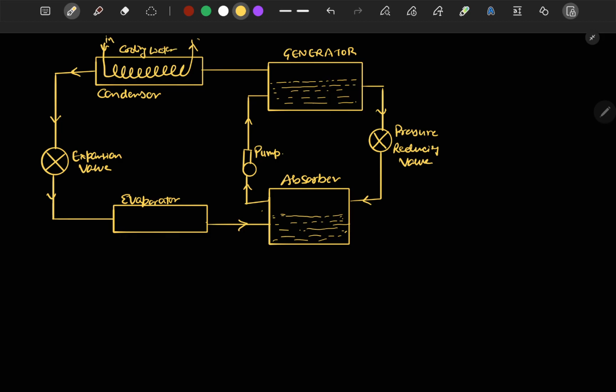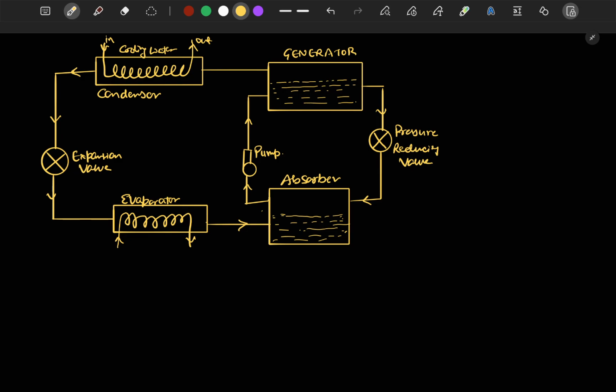Cooling water in and out. Similarly, in the case of the evaporator also, there is a cooling coil attached here. Now in the generator also there is a coil, since our basic purpose is to heat our